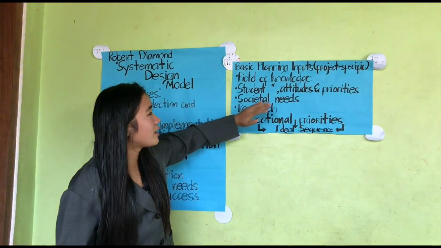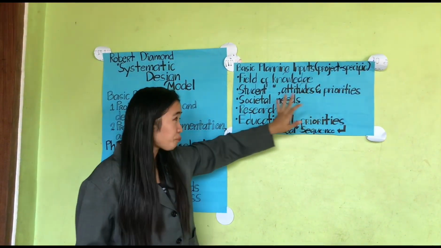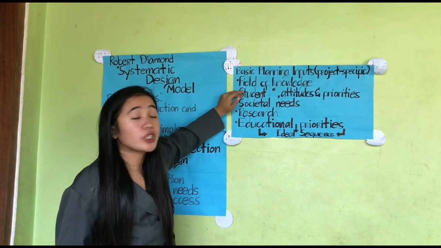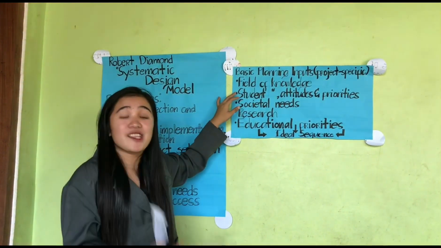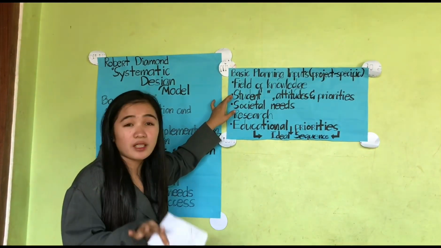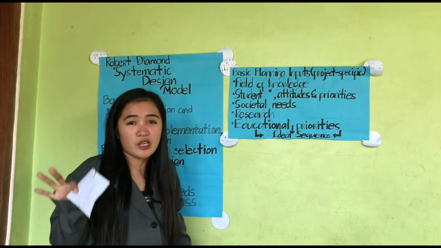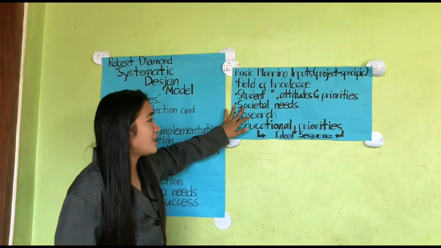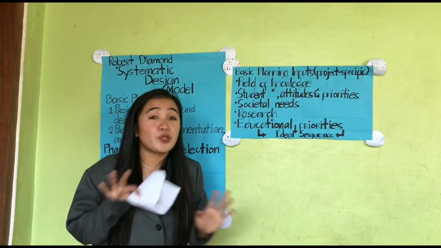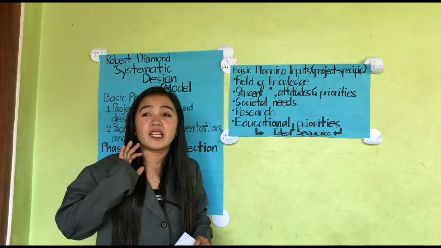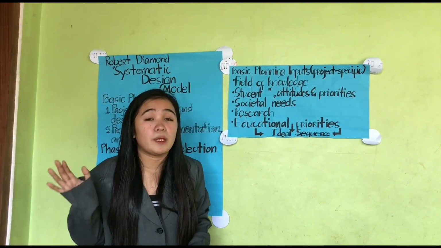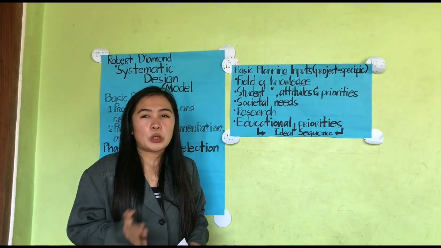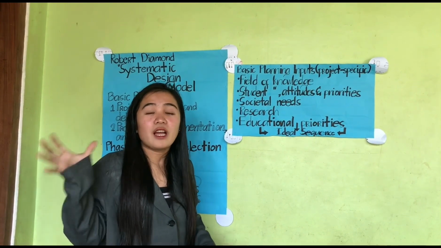Second, student knowledge, attitudes, and priorities. So you already have the field of knowledge. Now you're going to establish what the students' attitudes, knowledge, and priorities are that you need to consider. Third one is societal needs. Not the student itself, but you're going to look in the community at what the needs of the people are. What could you gain or what could you give towards the people that really